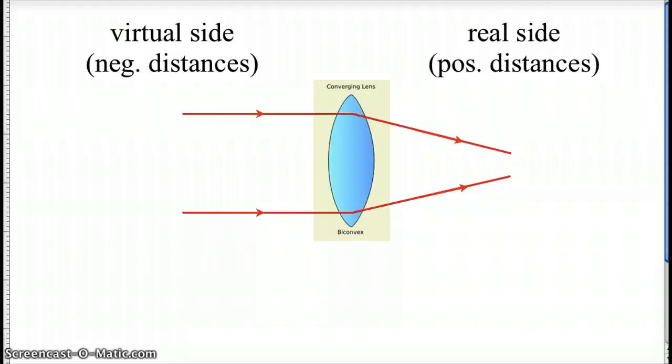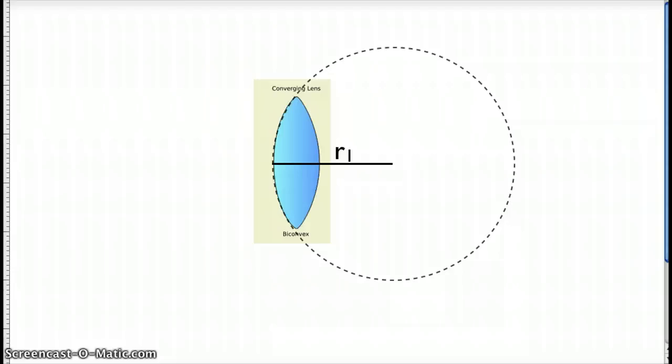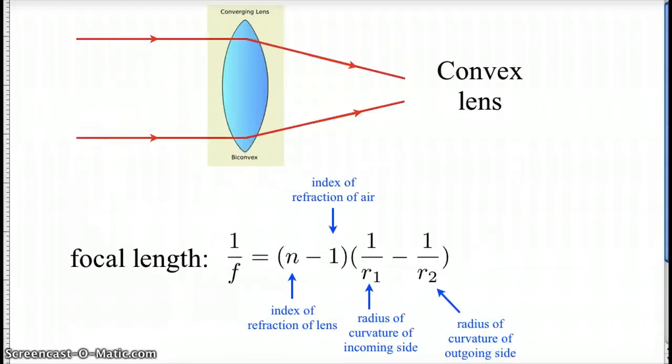Now, you might be concerned, going back to these past two pictures. In these pictures, it looks like R1 and R2 are about the same. In that case, would our equation be 0 if we have 1 over R1 minus 1 over R2? If those distances, R1 and R2, are the same, it looks like this expression might be 0, which might be troubling. And it turns out that's not the case because of some sign conventions that we have embedded in this